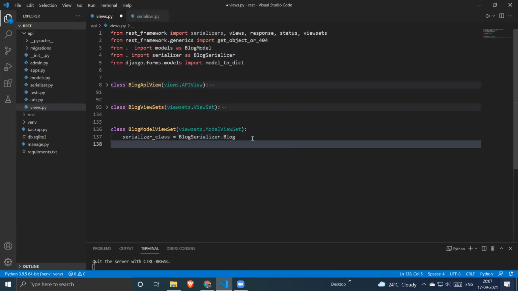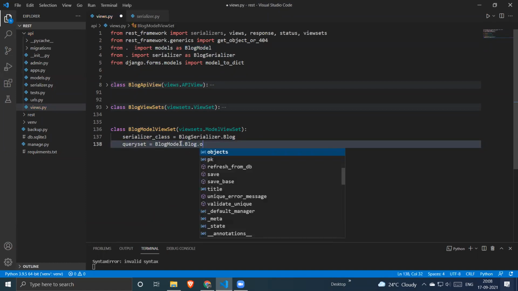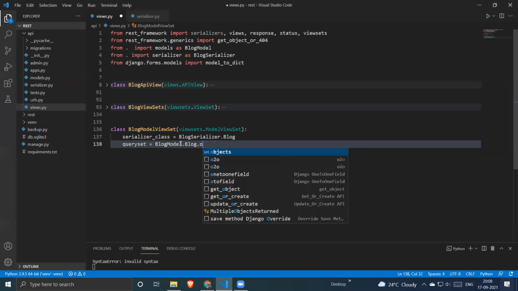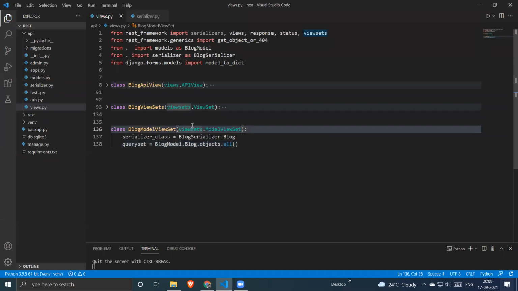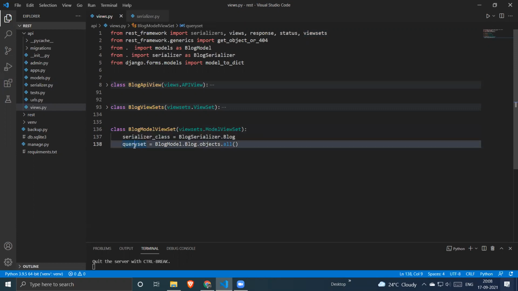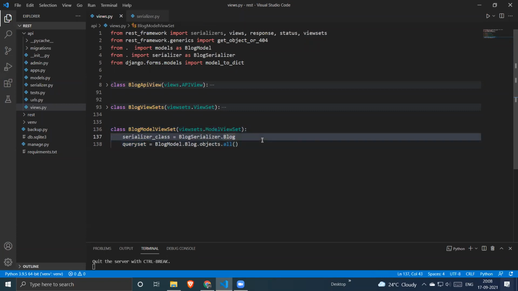And the second thing you need to define is the queryset. The queryset will be your model file, then your model class, then objects.all. So the first thing is a serializer class, the second thing is a queryset. That's it. We have created our model view set. It will perform basic CRUD operations by just providing a serializer class and the queryset.